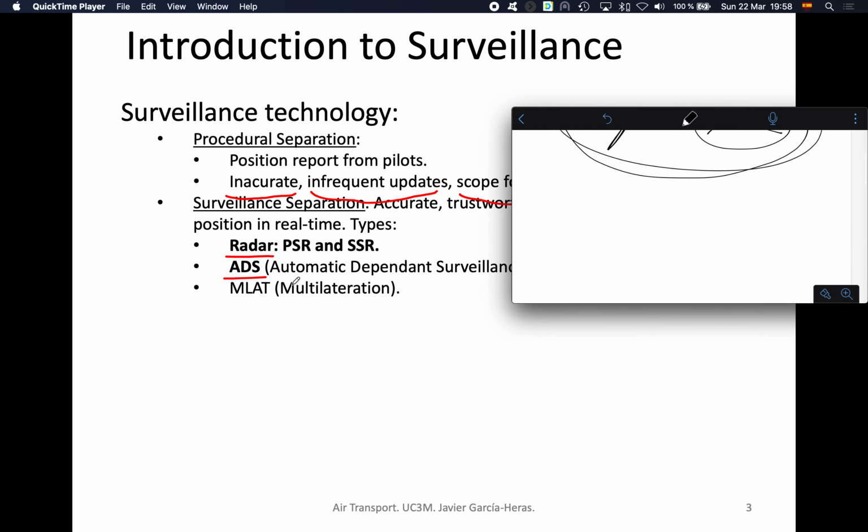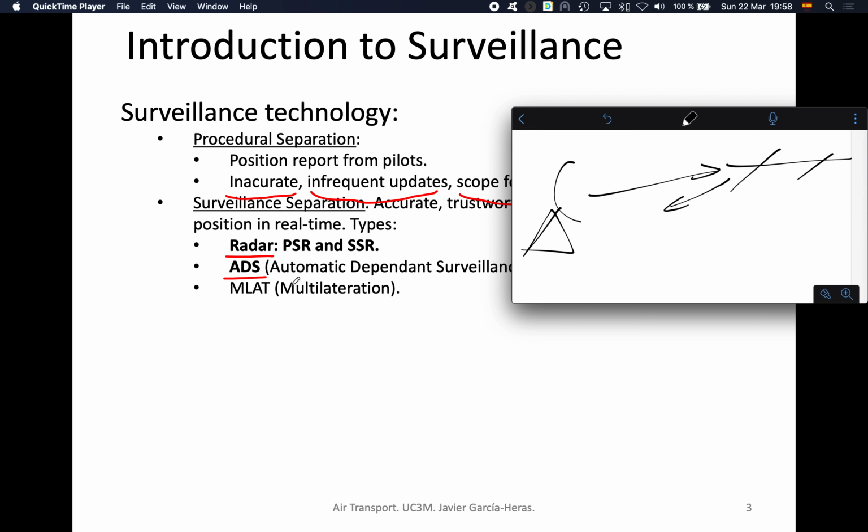Basically very quickly, but don't worry, because we are going to cover all of them. Yeah, the two of them later on, in the next video and the following one. So it's just you interrogate, you propagate a signal, and then you get some response or some echo, depending on if you're using a primary surveillance radar or a secondary surveillance radar, and